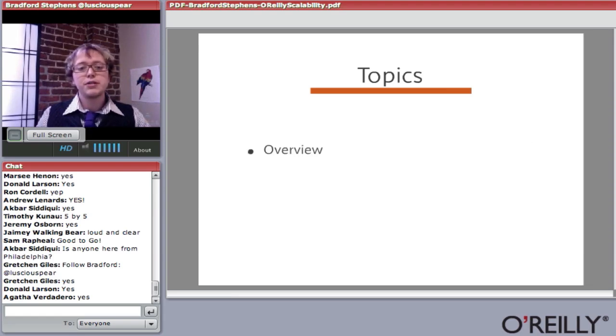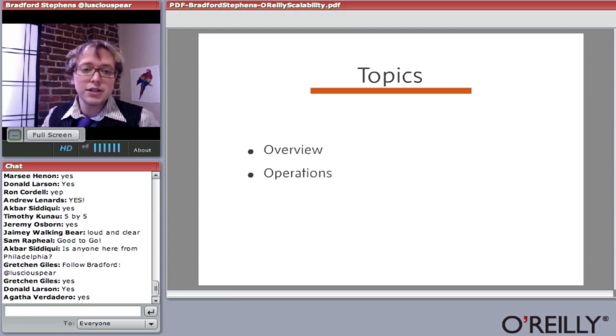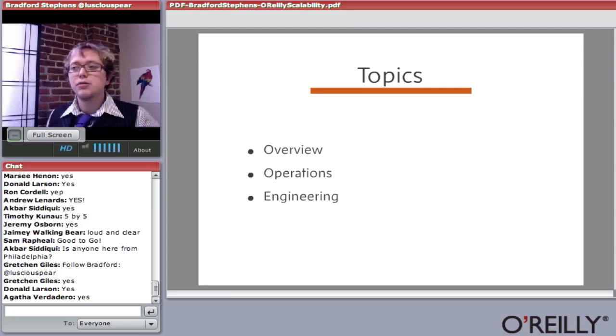There's a few major topics we're going to go over today, a few major areas that this information is in. Sort of the biggest one that comes to mind is operations, or how you handle your clusters when they're live, how you deploy them, things like that. Also engineering, down to the actual code you write, but really the nuts and bolts of building these systems and some tips for making it easier on yourself.